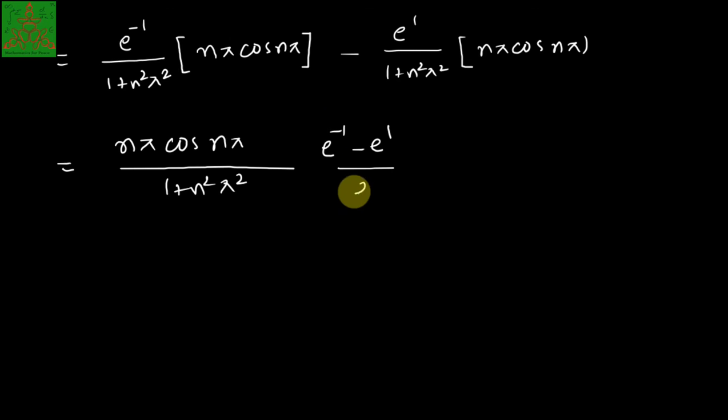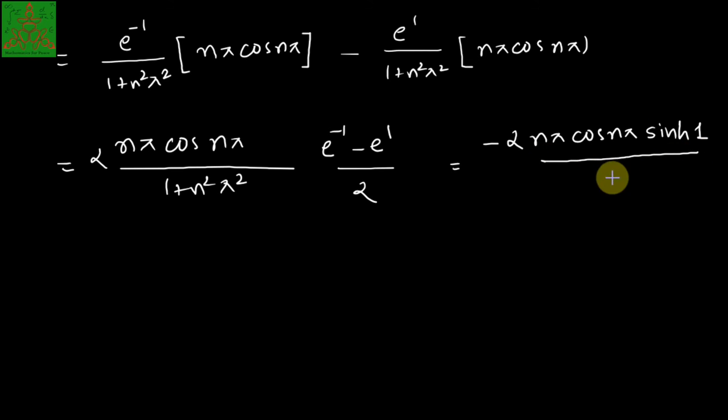So multiply and divide by 2, then this will be minus 2 n pi cos n pi into sinh of 1 upon 1 plus n square pi square. So finally, the Fourier series of e power minus x in the interval minus 1 to 1, which we can